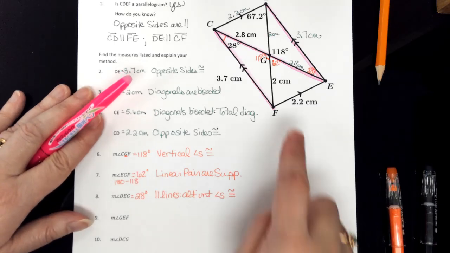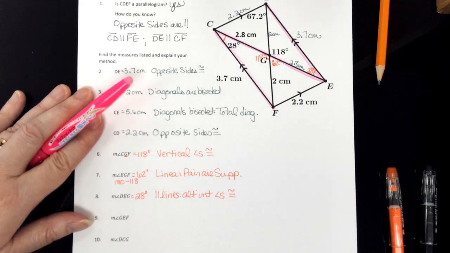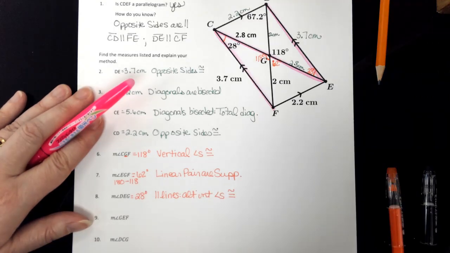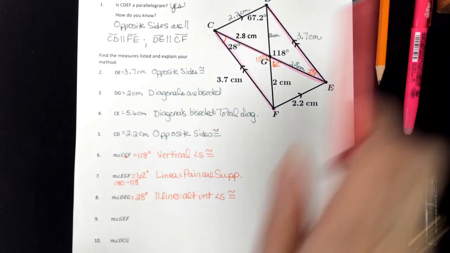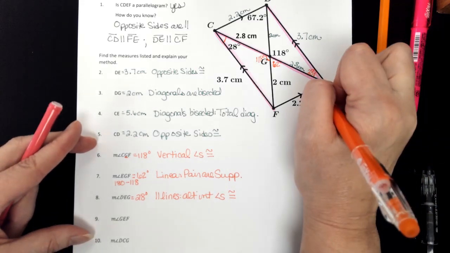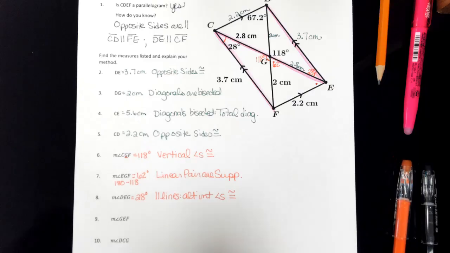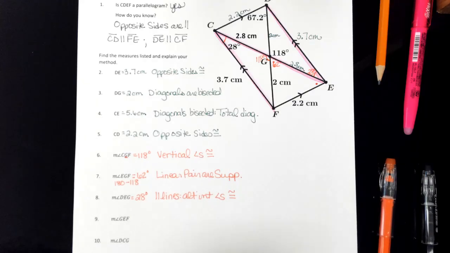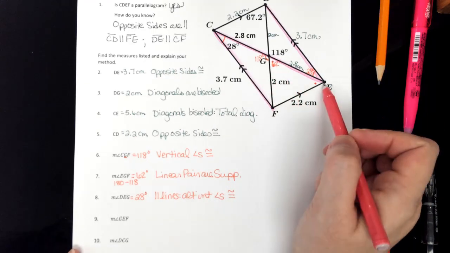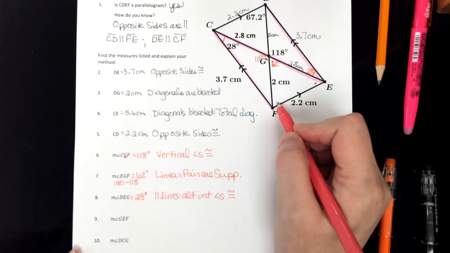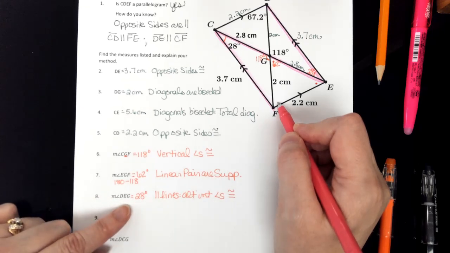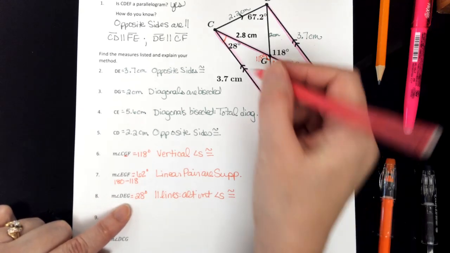All right, GEF. When I take a look at GEF, I might need a few other angles before I can get to GEF. GEF is this one right here. I notice that it's part of a triangle, and that triangle has a 62-degree angle and one that I don't know yet. But if I go back to that parallel line idea that I had up in number 8, this